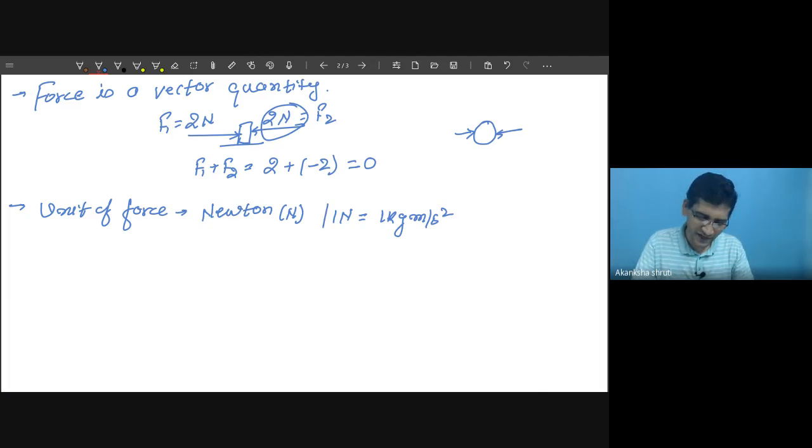So from the second law we will see this. So this is our SI unit,